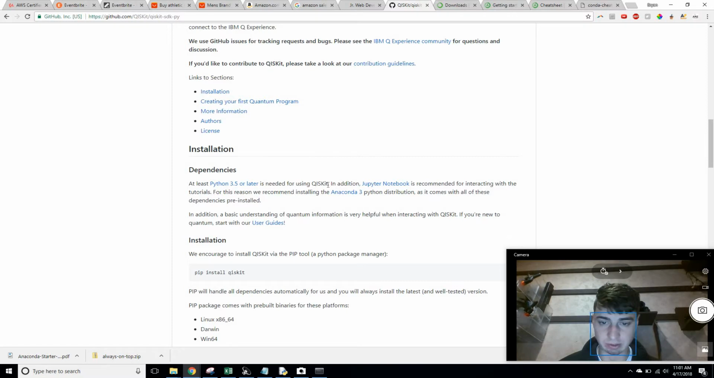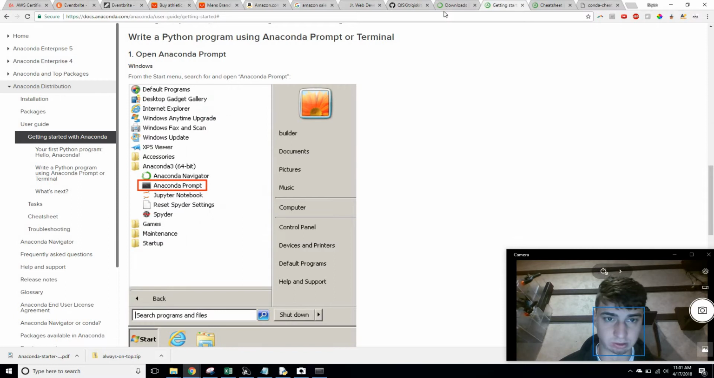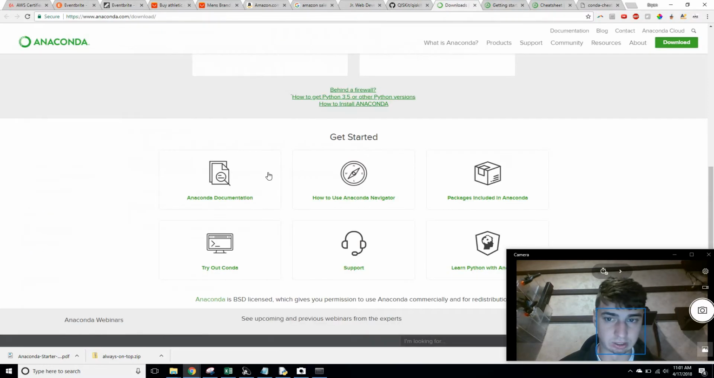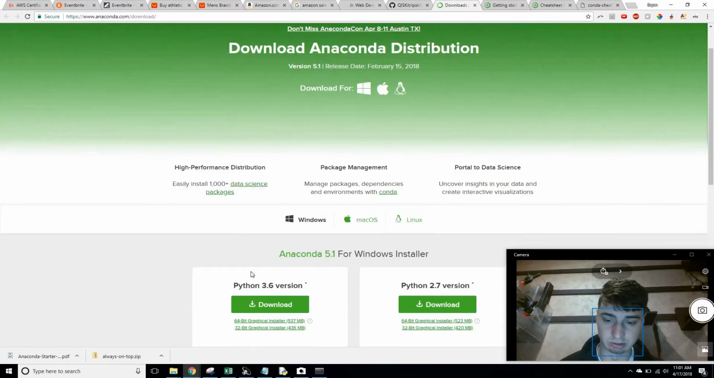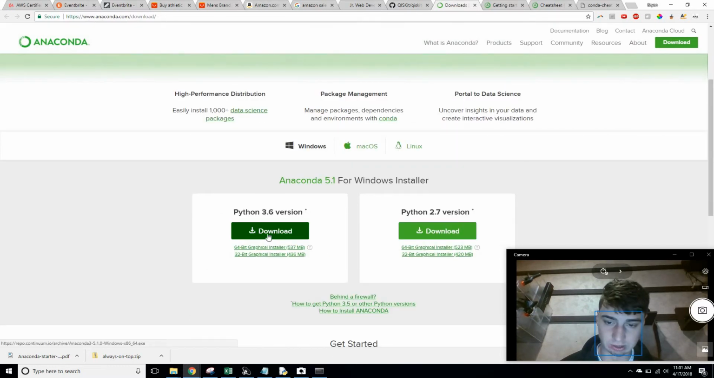It says you need Python 3 and you need Jupyter, but if you just install Anaconda, it comes with it. So the first thing that we're going to do is install Anaconda, and that is found on their website, anaconda.com/download. Go ahead and click this link here for the Python 3.6, and then when that downloads, it'll ask you,